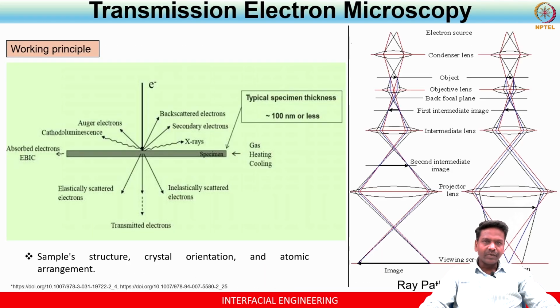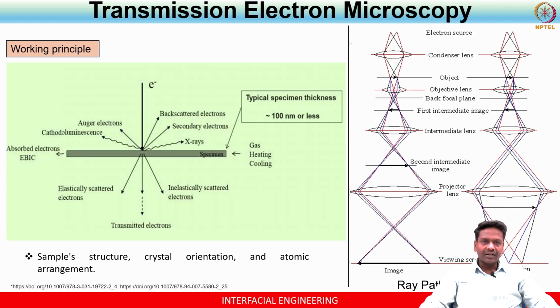So what is transmission electron microscopy? How is it different from scanning electron microscopy? The only difference is that the beam of electrons transmits through the thin sample. As it traverses through the sample, it not only collects the backscattered electrons and the secondary electrons. In addition to that, there are elastically scattered as well as inelastically scattered electrons.